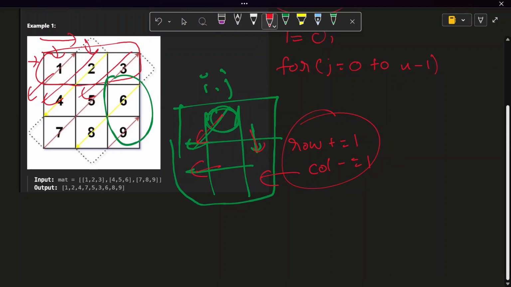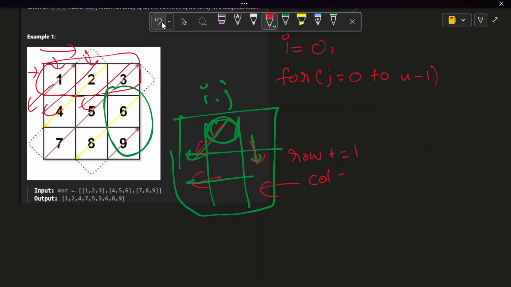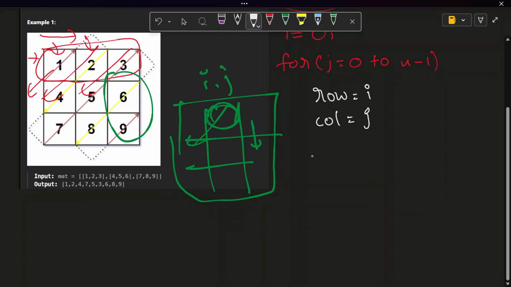Yeah, so let's take two more variables here. Let's say row is actually I, that is 0, and column is j. Now we traverse,